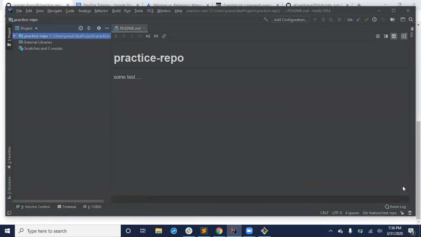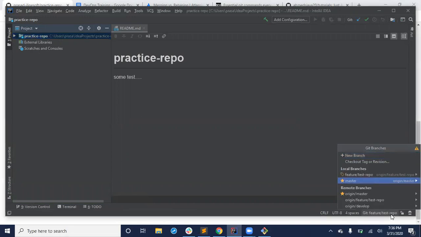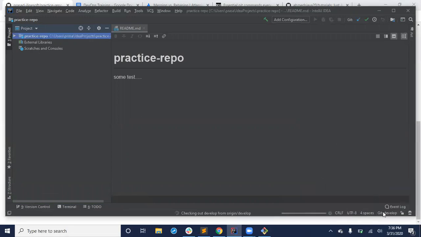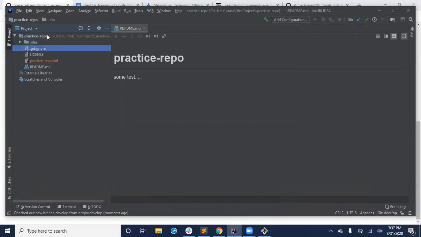Now, let's say I do some changes in my develop branch, wantedly. Say I'm in develop branch, then I'll do some change. I'll put some more line here. 1, 2, 3. Where is the edit? Edit option should be there.